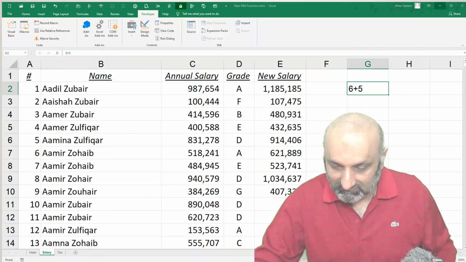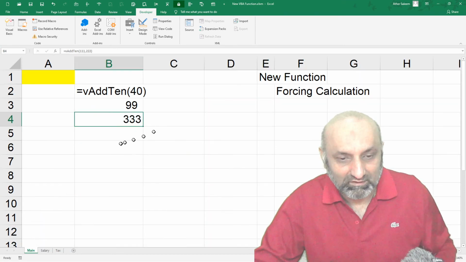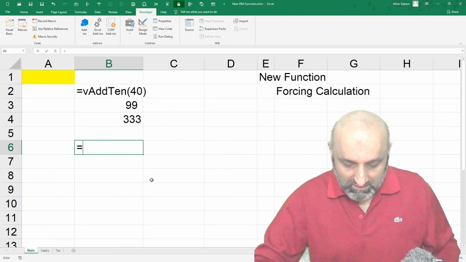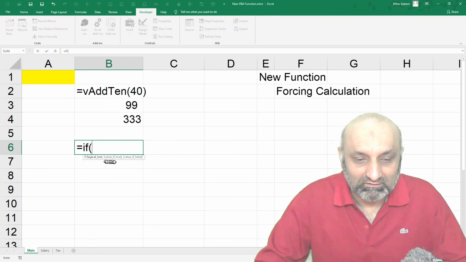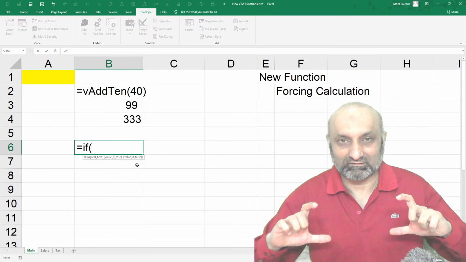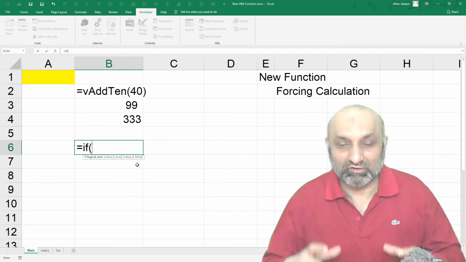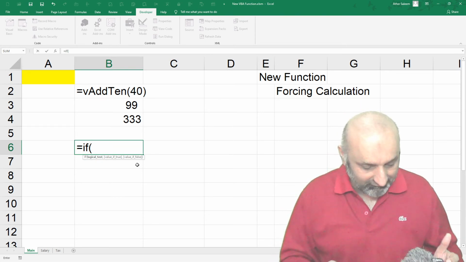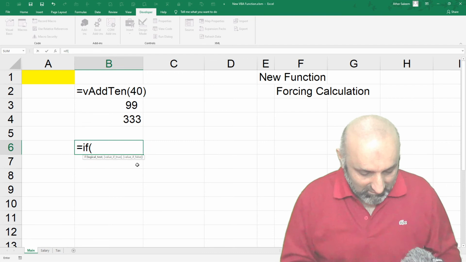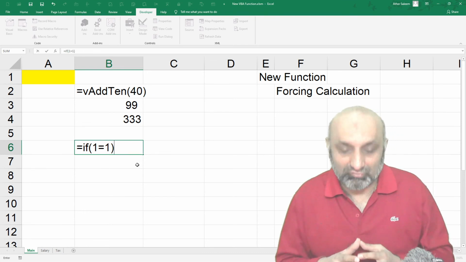Where is my Excel? Here it is. So let me go back to a better sheet. I type equal to IF, and you can see that value if true and value if false are in square brackets. If there is a square bracket around an argument, it means that it is optional. So after the logical test, say if 1 is equal to 1, I do not put anything for what to do and press enter.